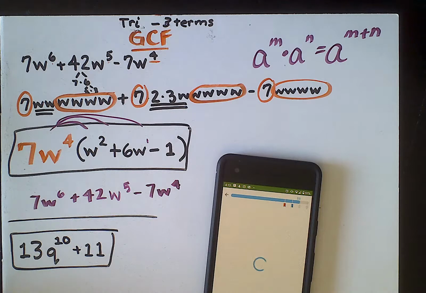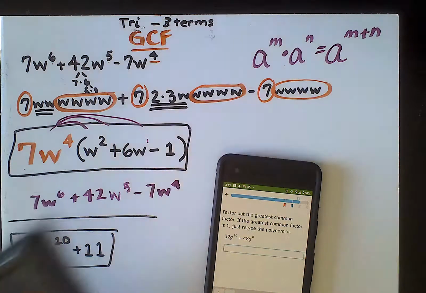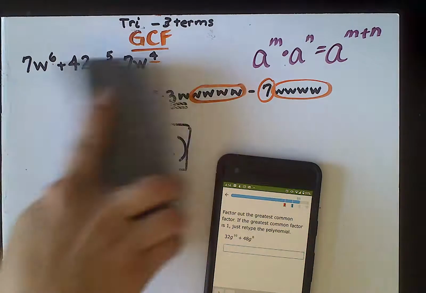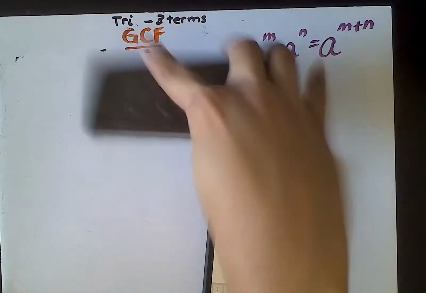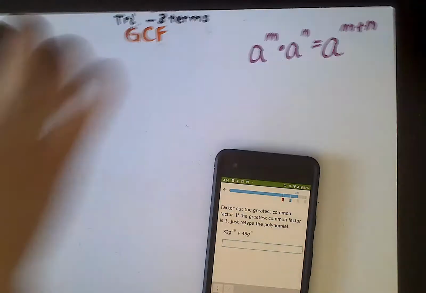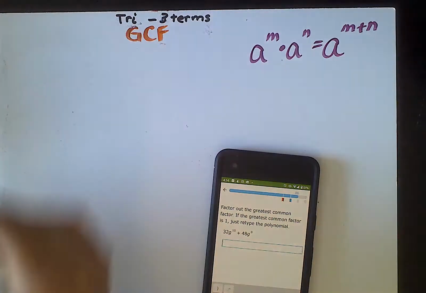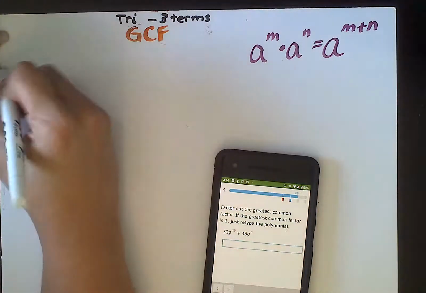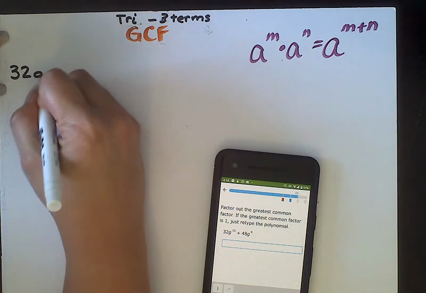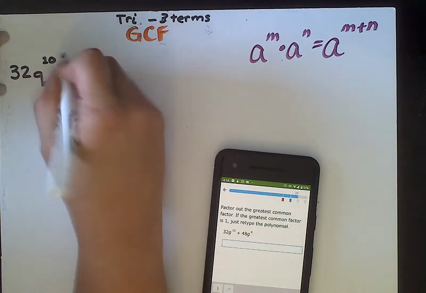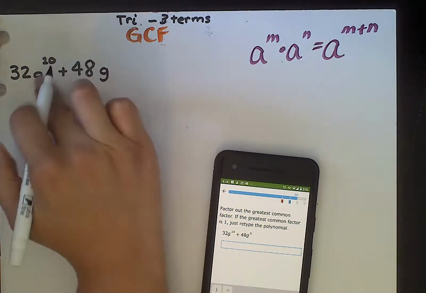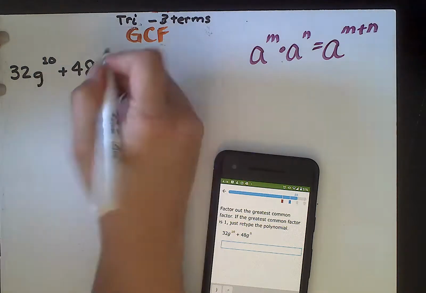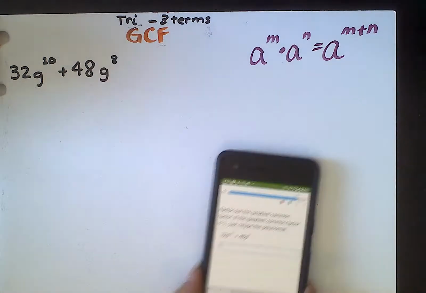Okay, we're at an 88. Ooh. Now, what I notice here is that this is a binomial. So technically, I would say that it's easier. But the reason that I went ooh is because we got some bigger numbers. And they're both composite. So that might give you an issue. That's 32q to the 10 power plus 48g. Oh, sorry. That was a g, not a q. g to the 8th power. Okay.